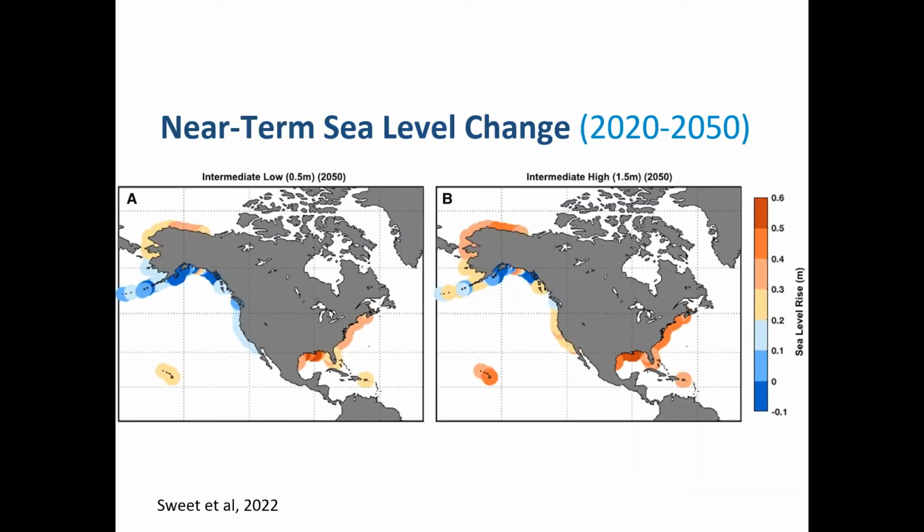So this just shows you that it really is a local issue. Yes, it's a global issue, but sea level rise really is different depending on where you live. And that is because of a lot of the factors I mentioned, like vertical land motion. You see there's a hot spot in Louisiana. That's mostly because land is subsiding at a rapid rate and sea level is going up. There are places like Alaska that I mentioned where sea level is not going up as fast. In the northern parts of the country that's the case too, because the crust is rebounding due to loss of the glaciers from the last glacial period. But generally, we're seeing this increase nationwide.